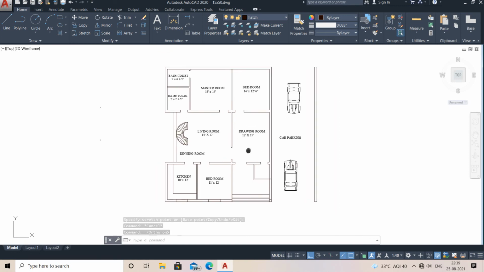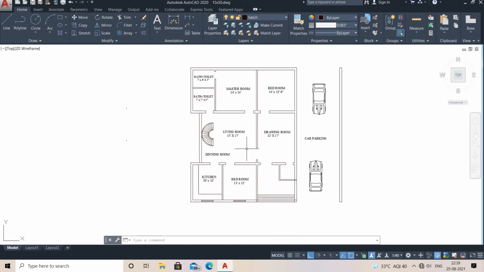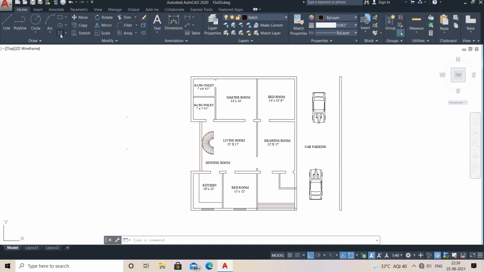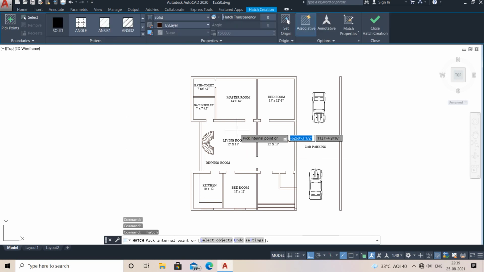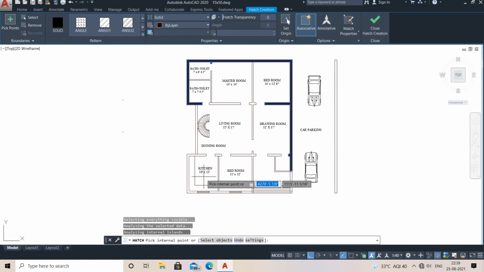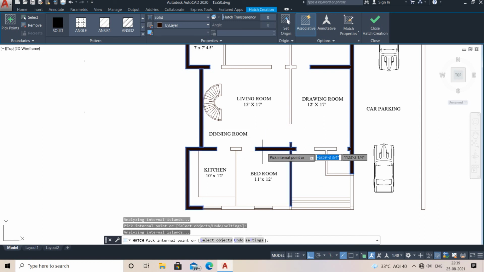Now you can see, here it is almost done. Isn't it looks beautiful? Yeah, it really looks beautiful. Now what I need to do, I'm just hatching this. Just go for this panel, this ribbon bar, hatch command, just click it over here. Now just click it simply, right? So here, see, it has been placed like this. Here also do it simply, no need to do anything harder. Just do it.